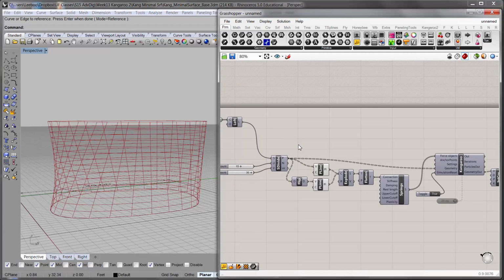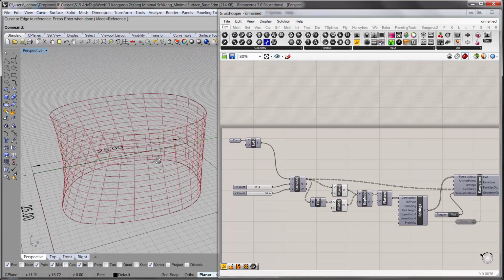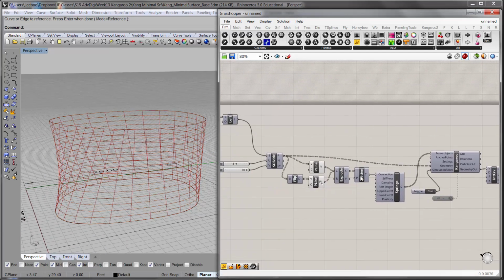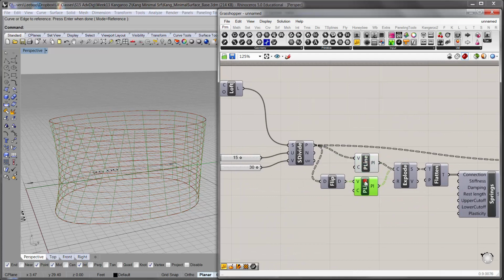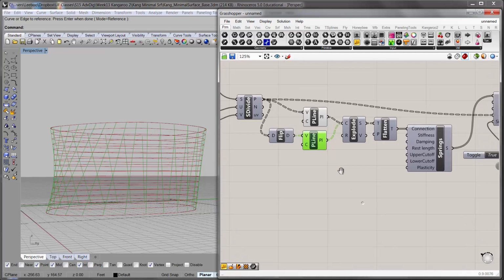So one relatively easy way to get to that is to use list item. Simply because these vertical lines, the anchorage points are basically the first one on that row and the last one, right? So simply by using